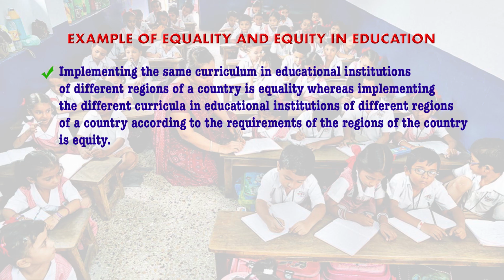Here you see a beautiful example: implementing the same curriculum in educational institutions for different regions of a country is equality. We have developed a curriculum and we just implement the same curriculum in every region. In India, you will find that we have different regions: eastern, western, northern, southern and